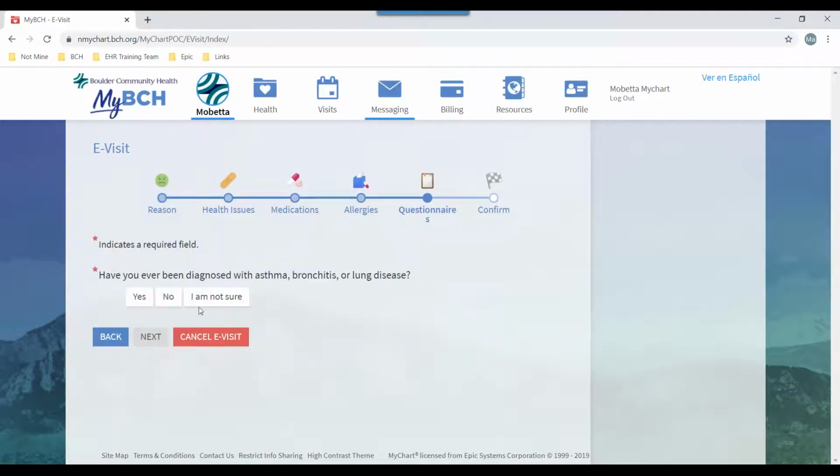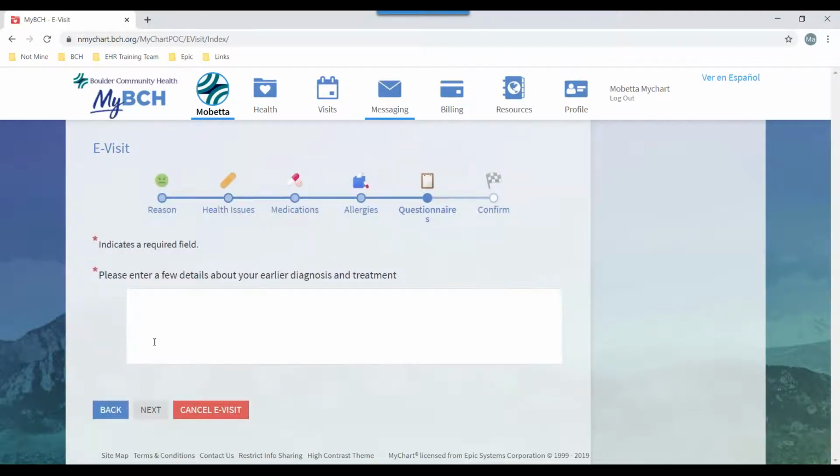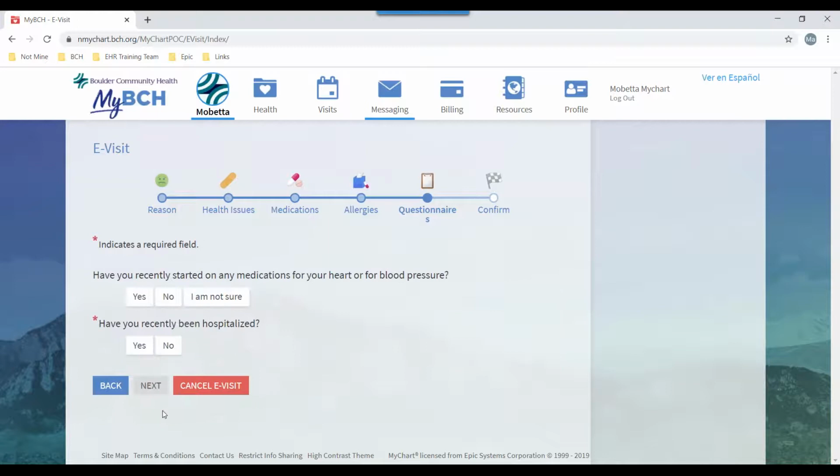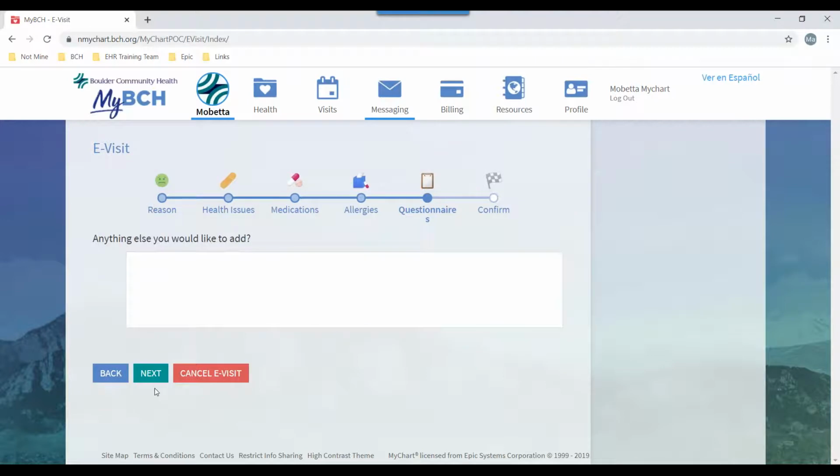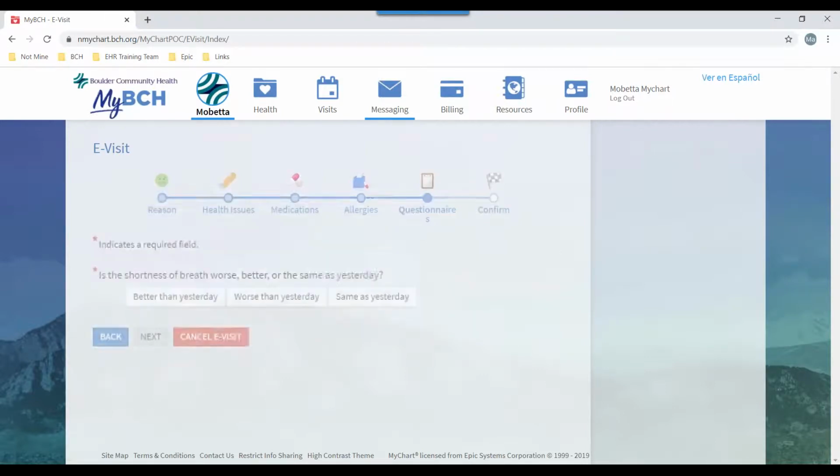Continue filling out the questionnaire. If you need to enter any details about an earlier diagnosis or treatment, you can tell your story here. Add more information if you need to for your physicians. Otherwise, just click Next. You can review and edit your responses